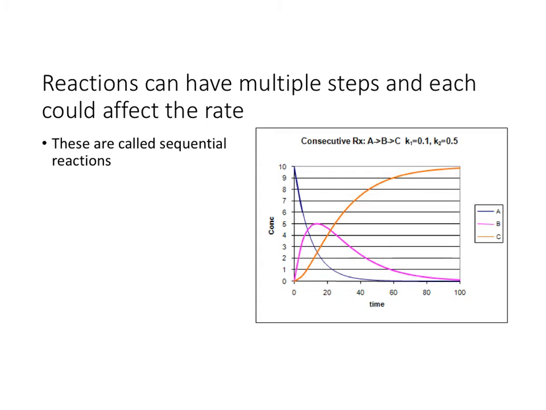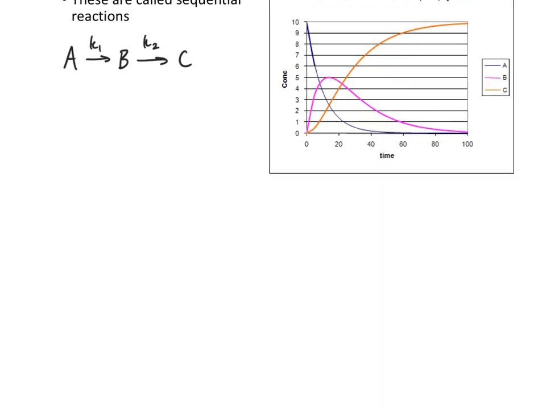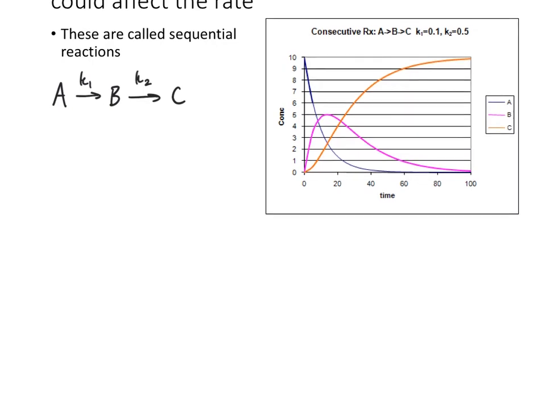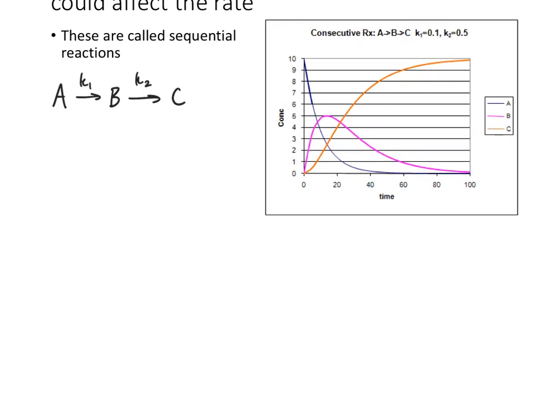The next situation I'd like us to consider are sequential reactions. And so here's what a sequential reaction would look like. Substance A reacts with some rate constant k1 to form B, which then reacts with some rate constant k2 to become C. Okay, and that's sort of what's being depicted over here in this graph to the right. And so I'm going to write down the rate laws for each of these, and then I'm also going to give you the solutions. So the first rate law is that